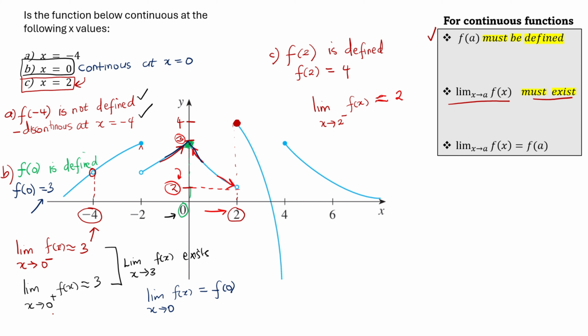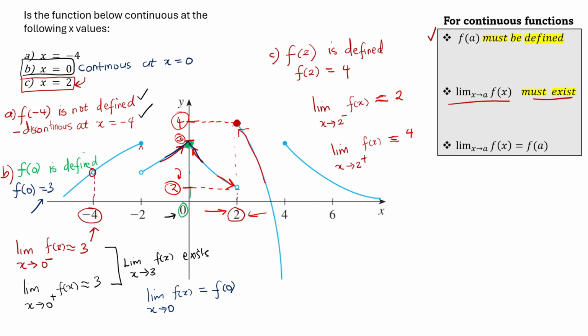What about if we are approaching 2 from the right? Let's use another direction. What is the limit as x approaches 2 from the right of this function f of x? So basically, we'll be approaching 2 from the right. It means we are coming from the values that are greater than 2 on our function. As we're approaching 2 from the right, do you see that on the y-axis we're approaching positive 4? So that's our limiting value. So the limit as x approaches 2 from the left is positive 2, and the limit as x approaches 2 from the right is approximately 4, since we're not given proper values.